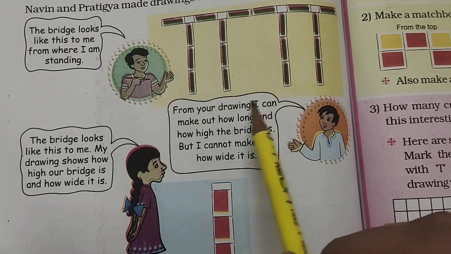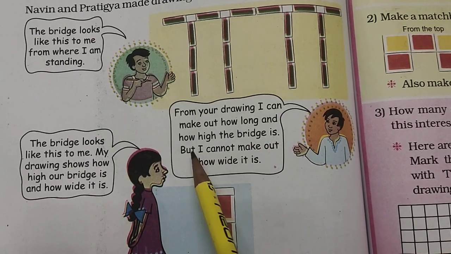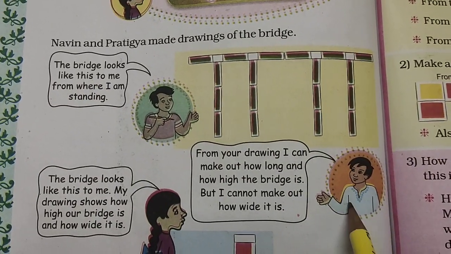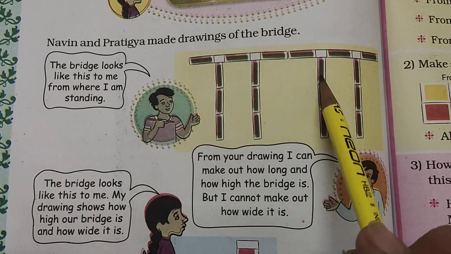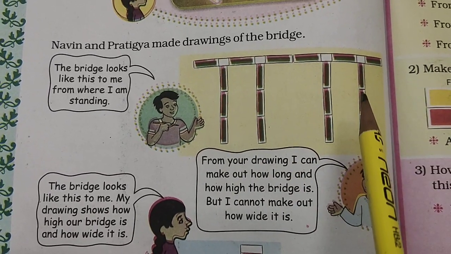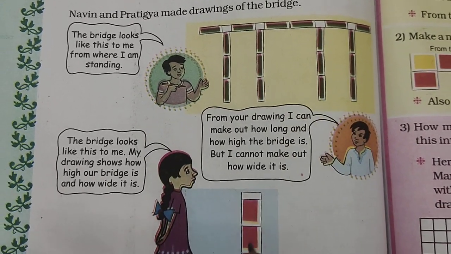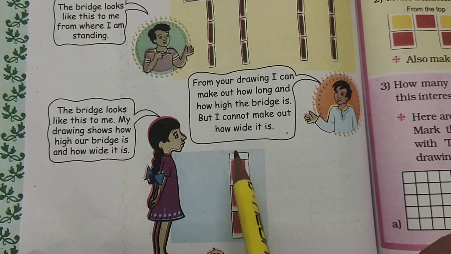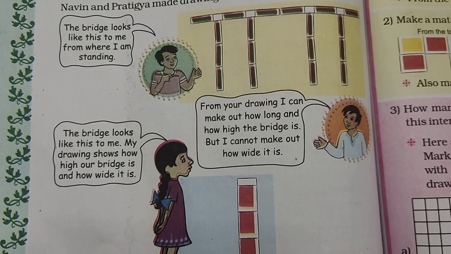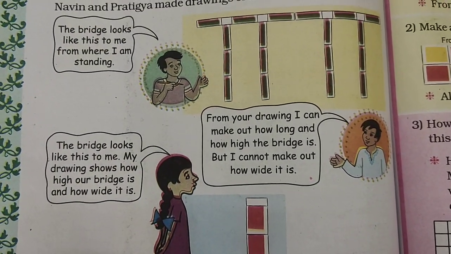From your drawing, I can make out how long and how high the bridge is, but I cannot make out how wide it is. This boy is telling us that according to this drawing, he can see how tall and how long it is, but he cannot tell how wide it is, isn't it? But according to this other drawing, it can be made out how tall and how wide it is, but how long it is cannot be seen. Means, students, here we can see that from our place in a 3D